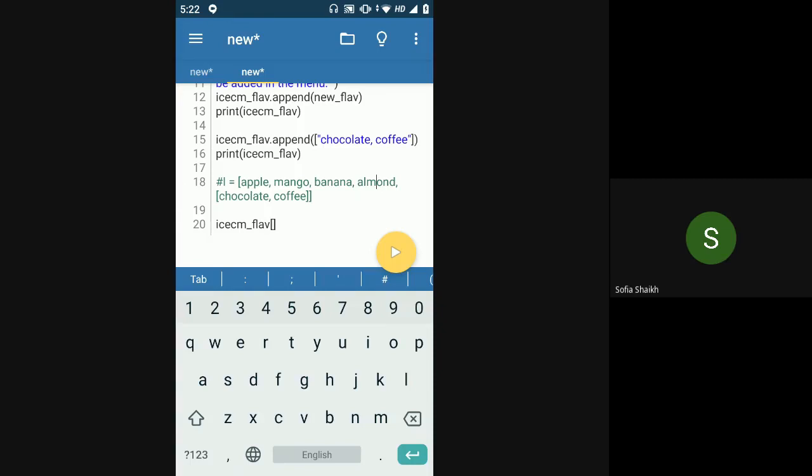So similarly in this case, you have the first four elements as strings and the fifth element is a list. So if I want to get coffee, I will first have to go to this chocolate coffee list, and then get the coffee out of this. Which means I'll first have to go to index 4, which is this list, chocolate coffee, and in this I will say 1.